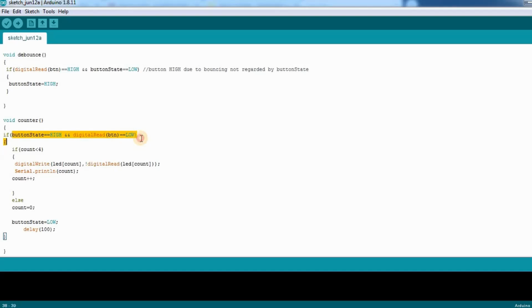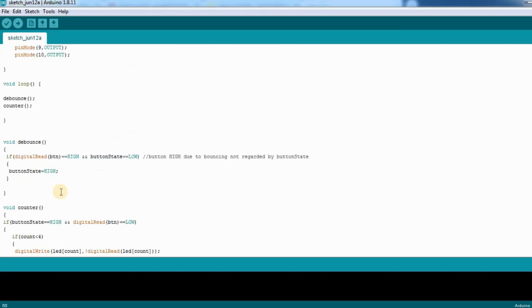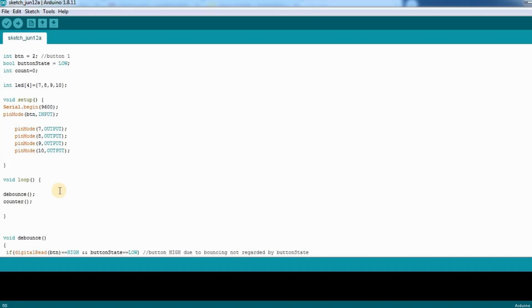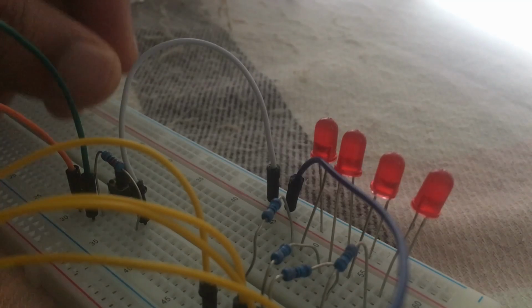If this condition is true, then the count variable will be incremented, and the corresponding LED will be lit up or switched off. Also the button state will be put back to low. So this code will ensure that the bouncing effect will be cancelled out, and we call it debouncing.